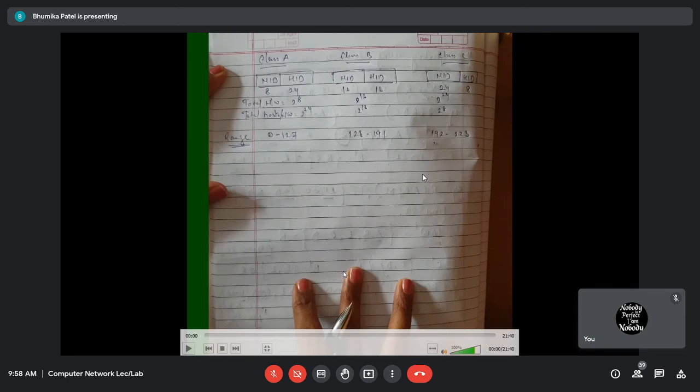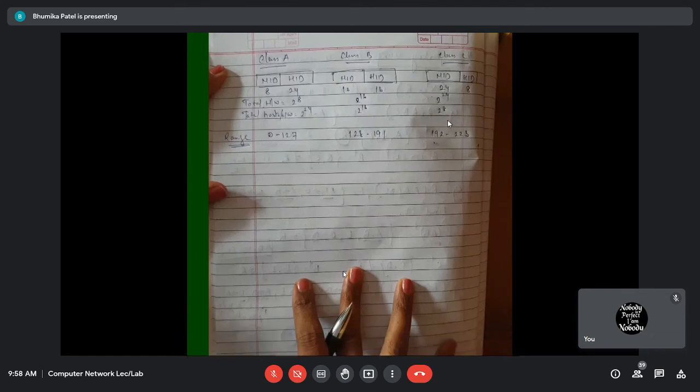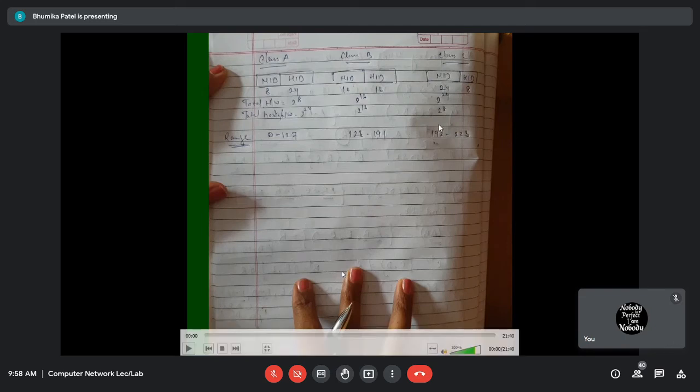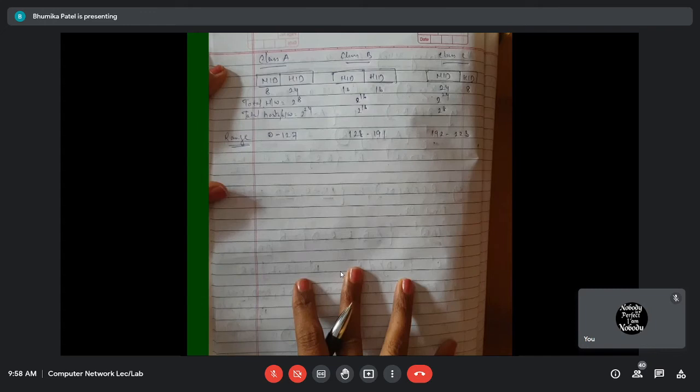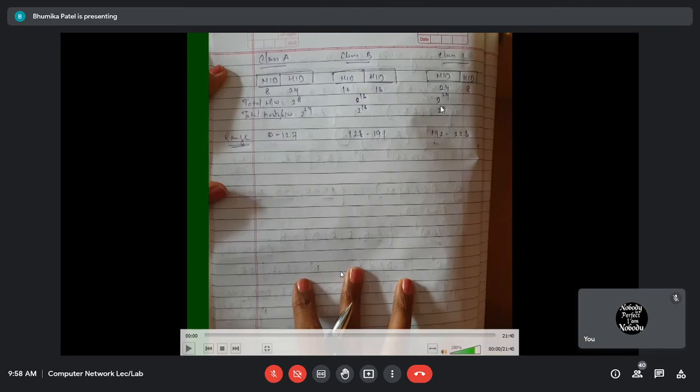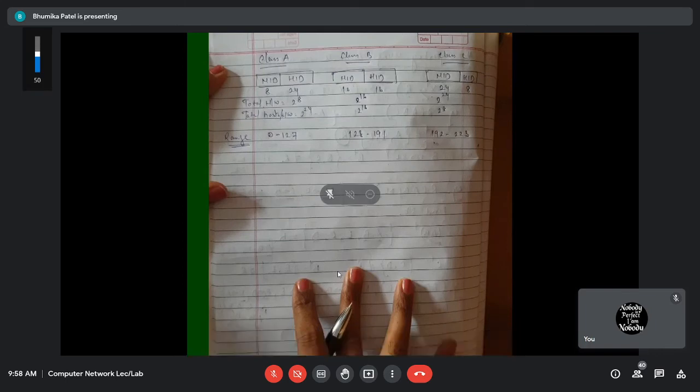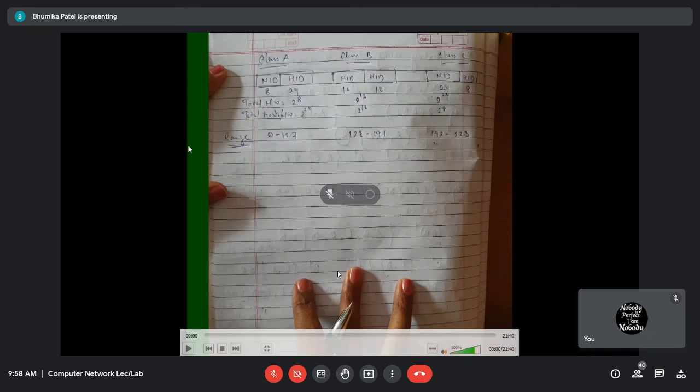Internet Service Provider. Even though I'm having 256 IP addresses, I cannot configure all 256 IP addresses. I have already told you that we can configure hosts always two fewer than the total number of IP addresses present. Out of 256, I cannot assign two IP addresses to any devices. So I will be using 254 IP addresses. Even though I'm having 256, I cannot assign two IP addresses. Why? That we will see in the next topic.